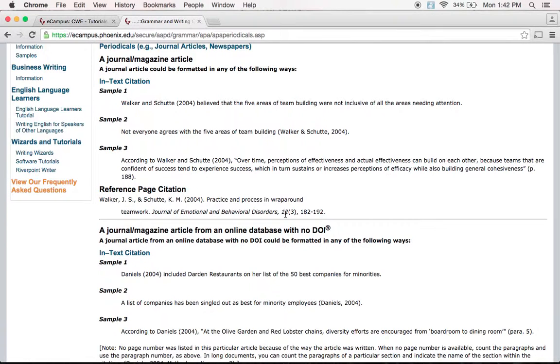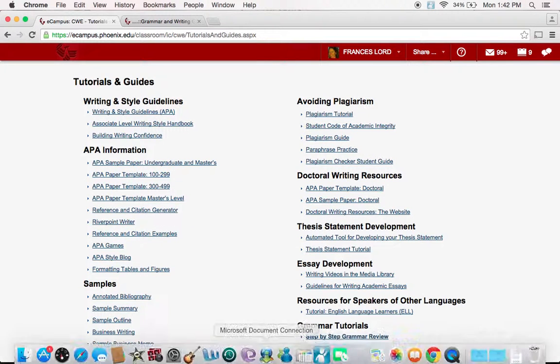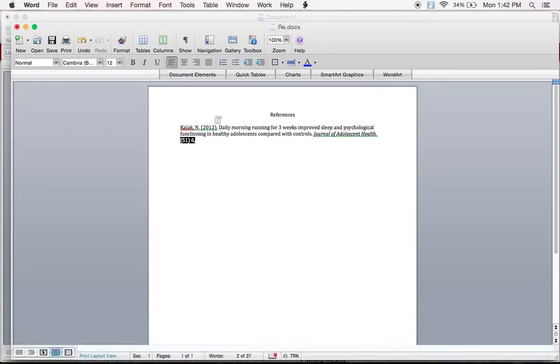Oh, it does look like, I'm going to double check this, but it does look like the volume number's italicized where the issue's number is not, but let's come back to that. And then I have the page, comma, and page numbers and period. Okay, so let's go, sorry about all this toggling. Okay, so I'm going to go back and, whoop, so you can see I actually did that wrong. 51, 6.